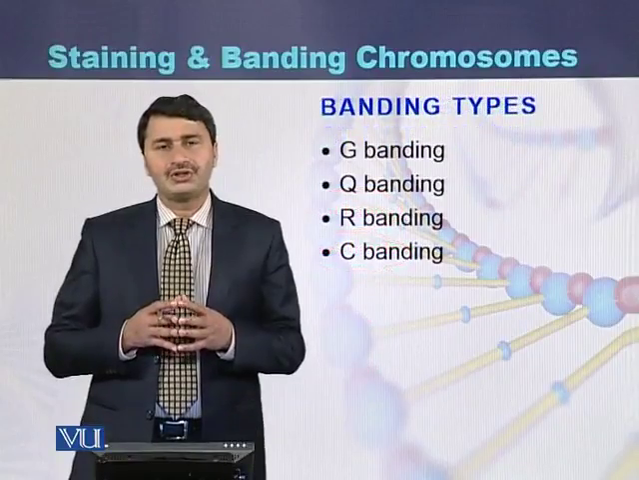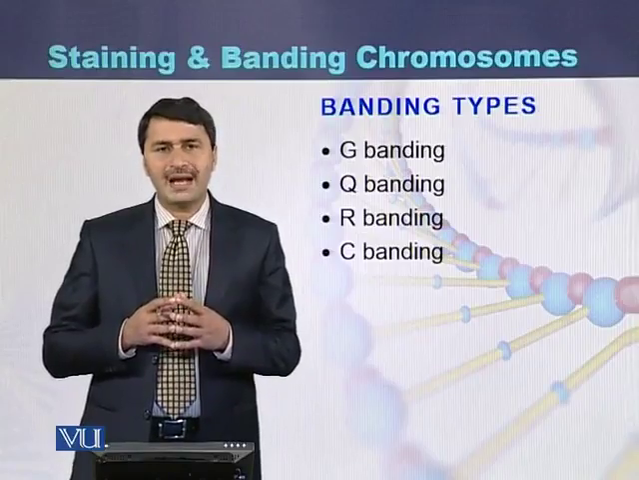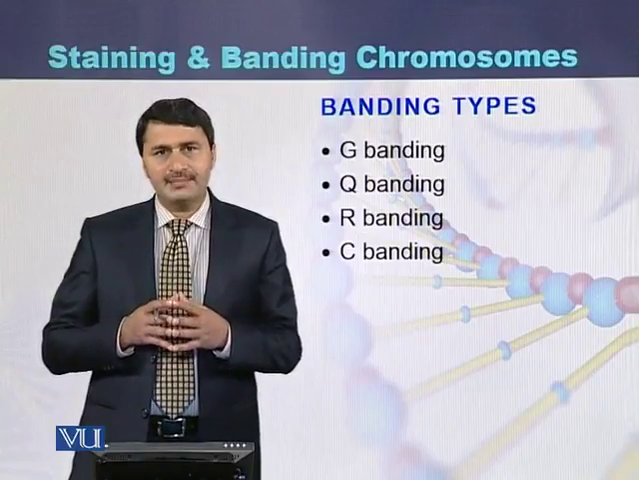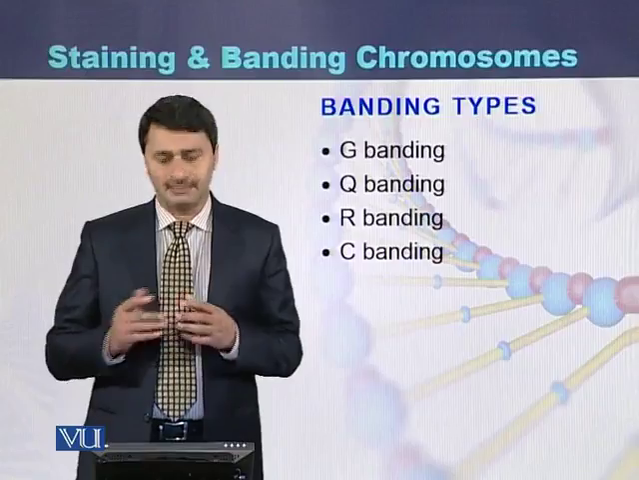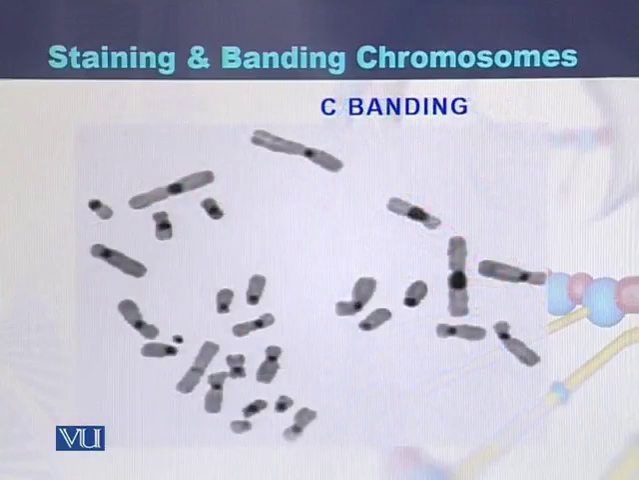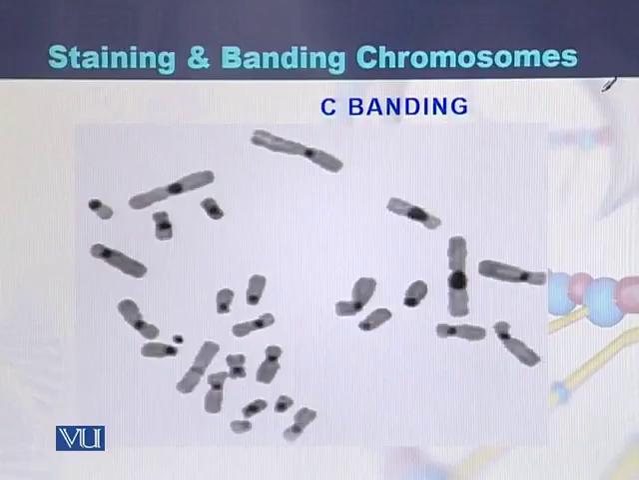Banding types. There are 4 most common banding types: G banding type, C banding type, R banding type, and Q banding type. Here is the example of C banding type. C banding type is for banding the centromere. We can see in the diagrams that the centromere has been stained and it appears in the form of a dark band. This type of banding where centromeres have been stained is called C